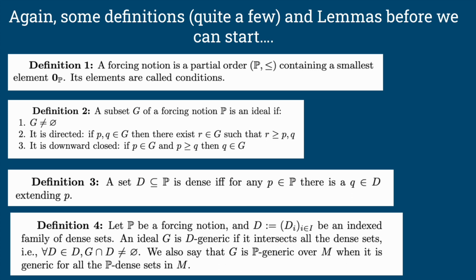And then moving on to definition number 3: a set D, which is a subset of the forcing notion, is dense if and only if for any P in the forcing notion, there is a Q in D extending P. Let's unpack this definition. D is, as you can see, a subset of the partially ordered set P, which is the set of all conditions in the forcing notion. And here the term dense refers to a particular property of D within the order P. It means that for every condition small p in capital P, you can find a condition Q in D which is stronger than P. In this case, extending P means that Q is at least as restrictive as P or more,